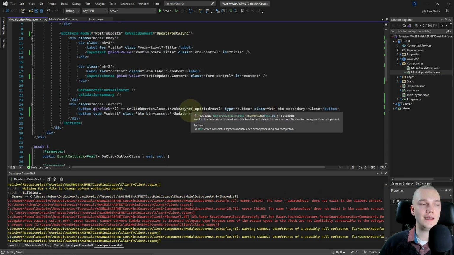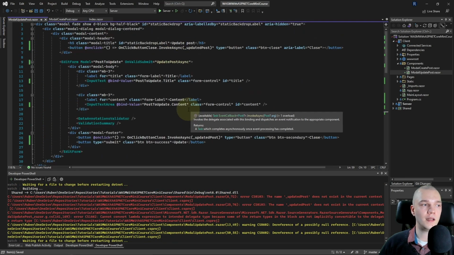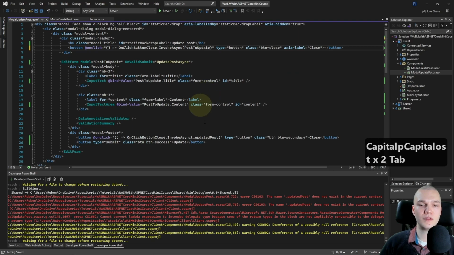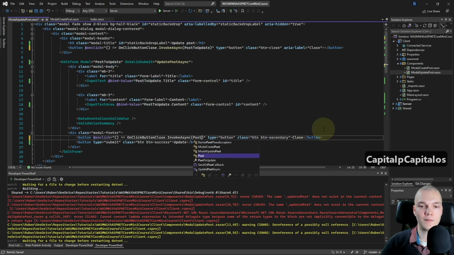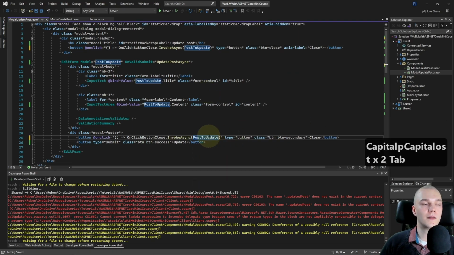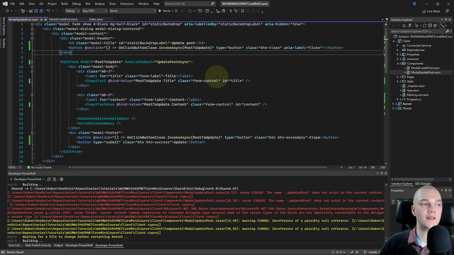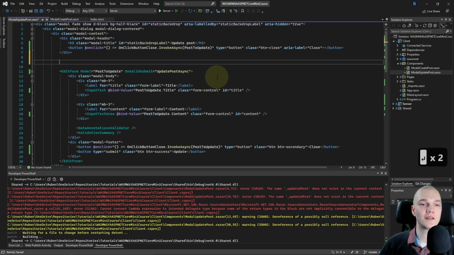Okay, now in the display code, in both the on-click button close invokes we'll pass in the post to update. So I'll do that, post to update and post to update. Alright. And we'll only show this edit form if the post to update isn't null.